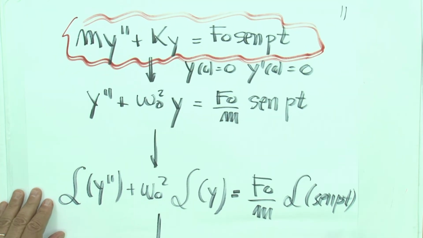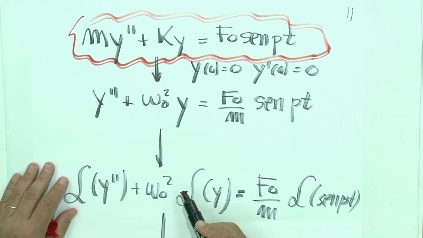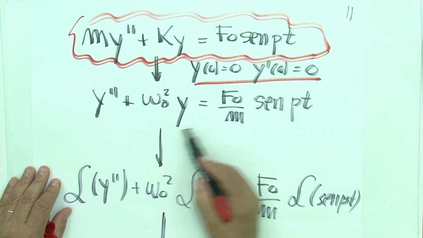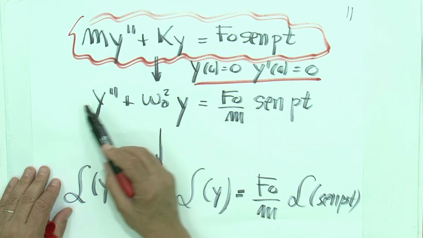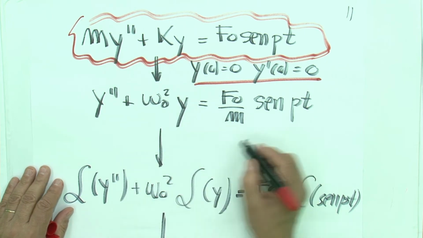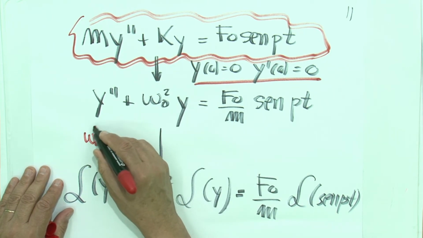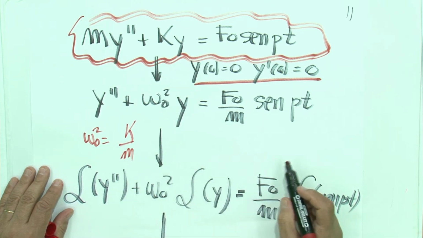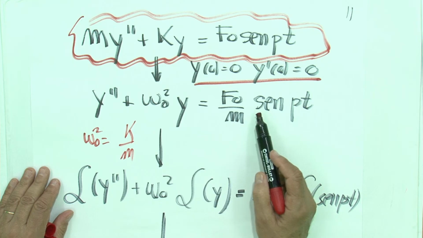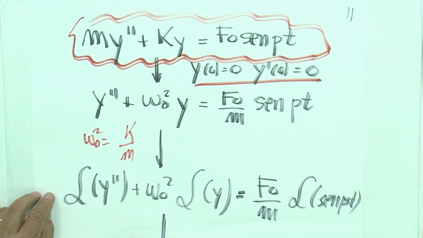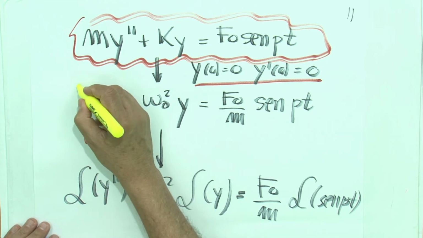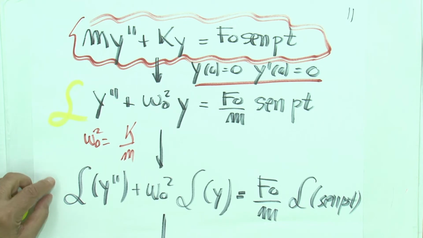This is a driven harmonic oscillator, and with these initial conditions, and then I do it easily. This is the equation. I call k. I divide everything by m, and I call omega 0 square equal to k over m. And then the equation is rewritten that way. And then now you need to take the Laplace of the whole equation. You take the Laplace of the whole equation.